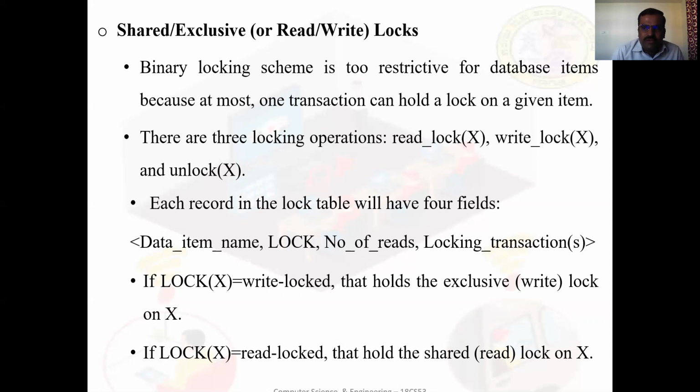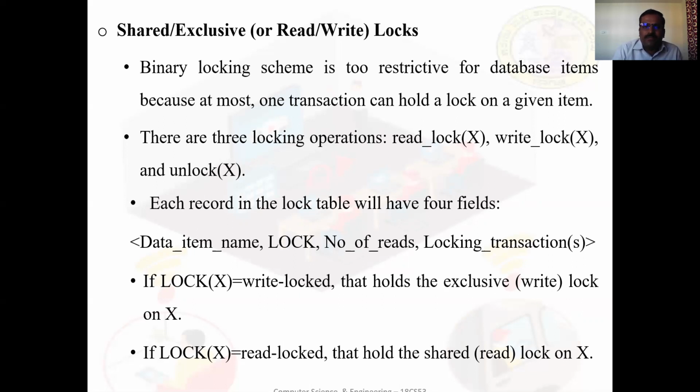One method to implement read-write lock is to keep track of the number of transactions that hold a shared, meaning read, lock on an item in the lock table.